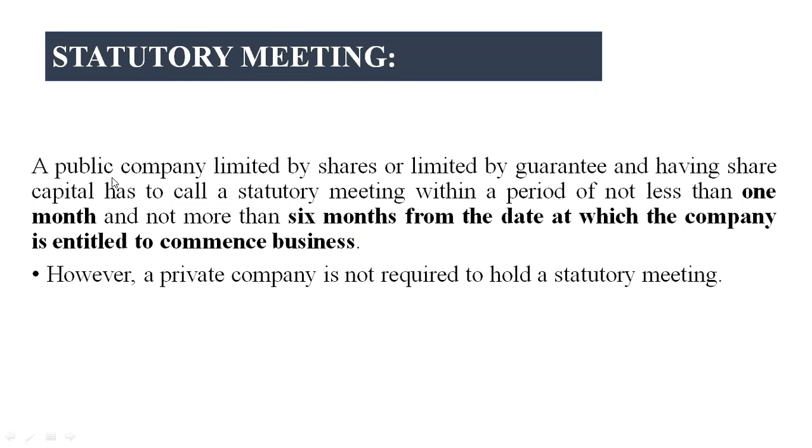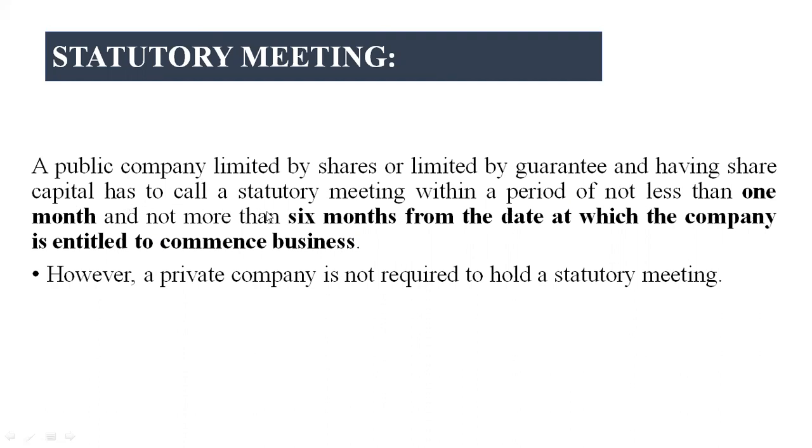What is this? One is a public company limited by shares or limited by guarantee. And if it is limited by guarantee, it has to have share capital. Companies limited by guarantee may have share capital or they may not. With share capital, without share capital, such companies are also there. But a statutory meeting is applicable to such a company; a private company, don't say so. It is not private, it is a public company limited by shares or by guarantee, and it has to have a